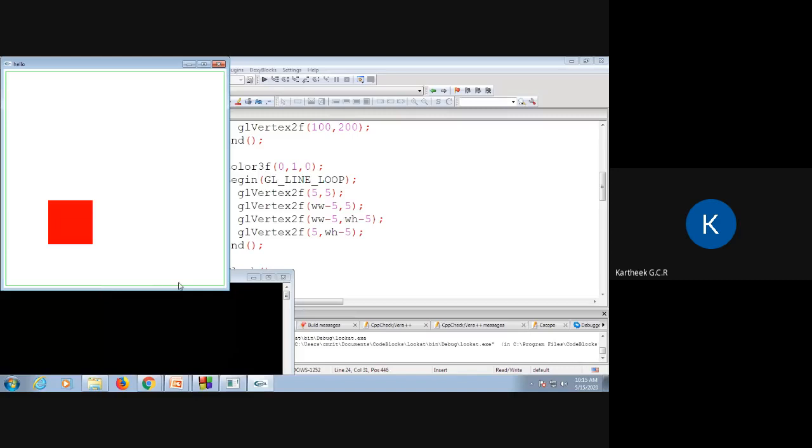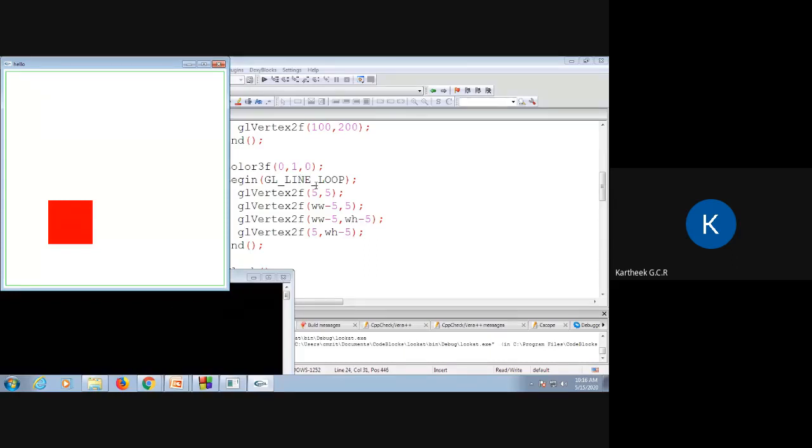The boundary, you guys can see that? Can you see the green thin line? Yeah.